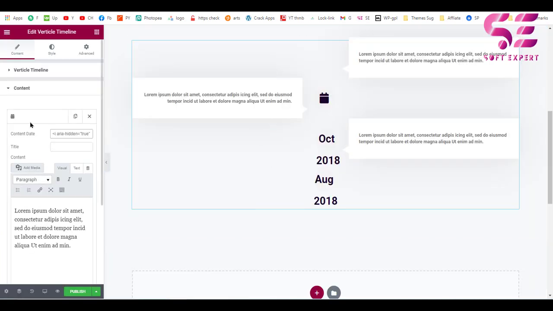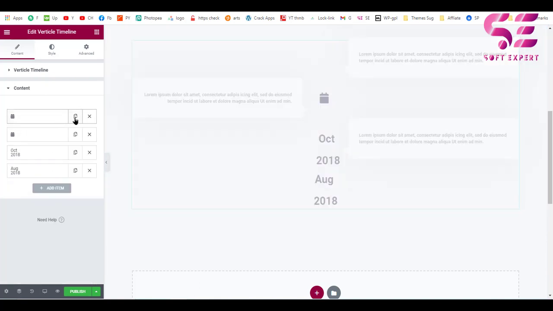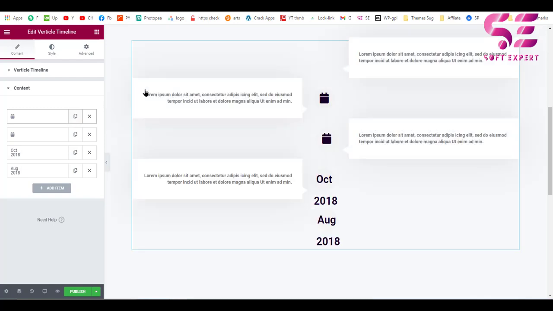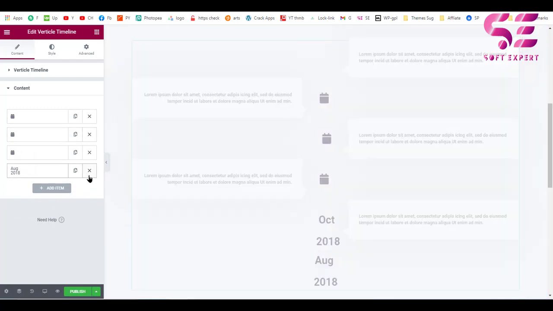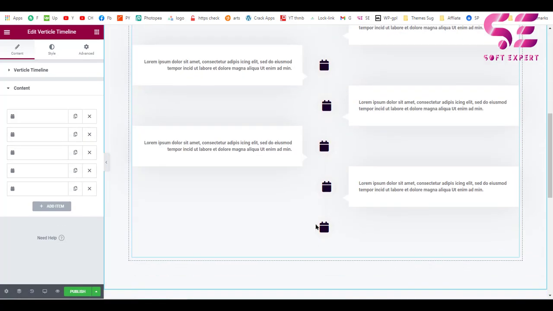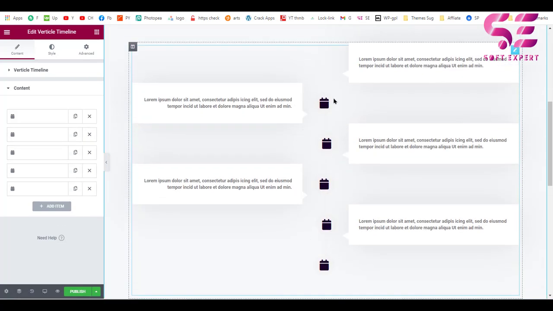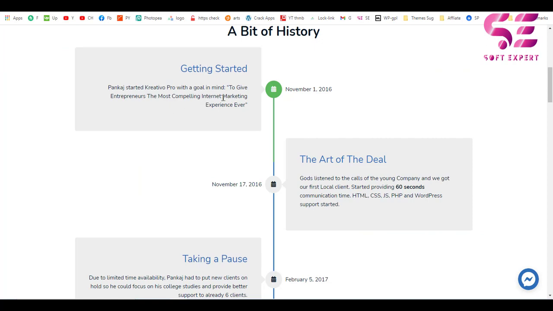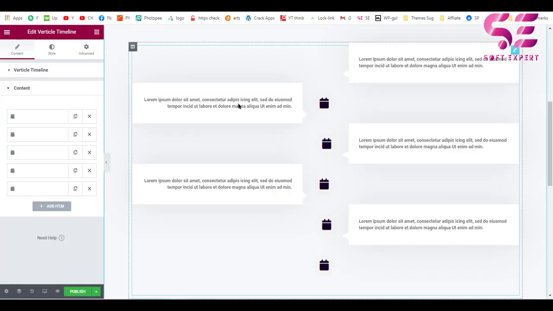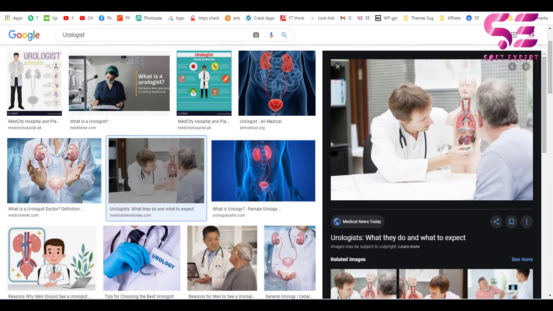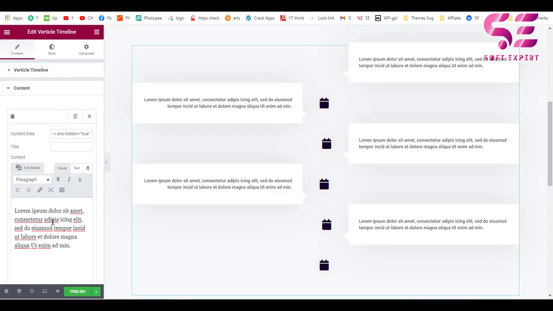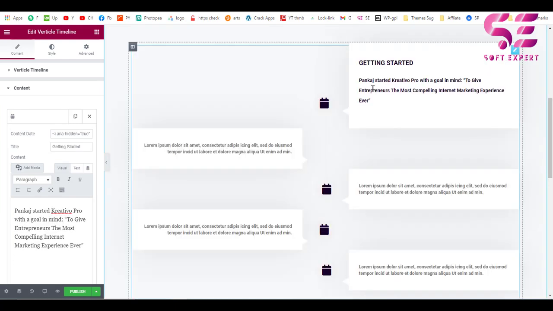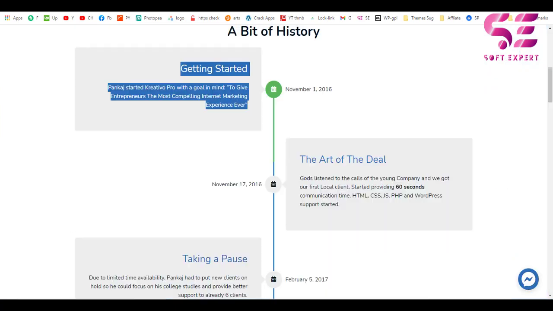Now after this we will duplicate this, so we will get rid of this. To duplicate this, just click on this, and this will keep creating these. Let's remove these, and that is how it works. We can copy the title and this description, and we can put it here. So let's copy this and paste it over here, and that is how you can create this structure.